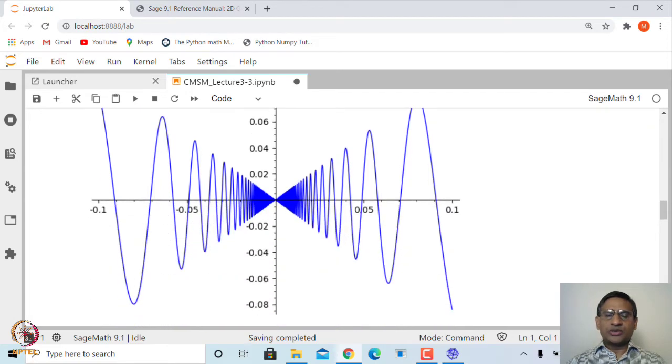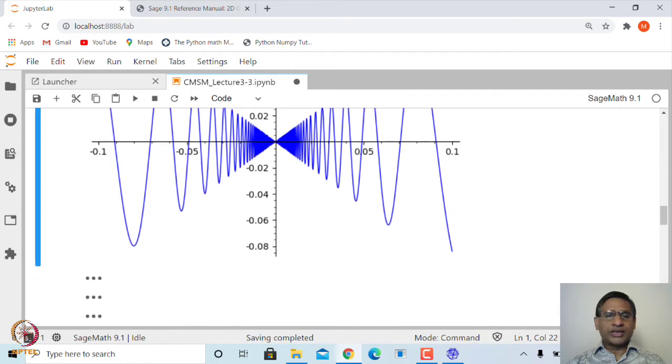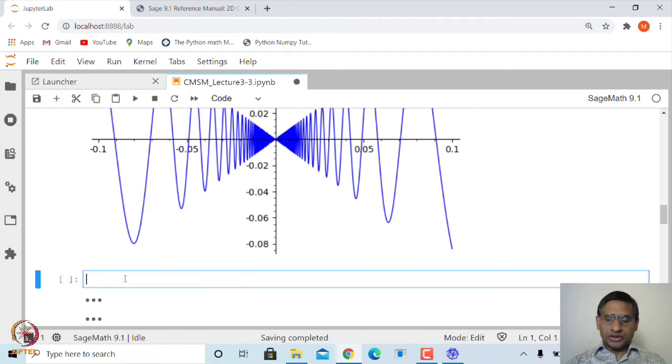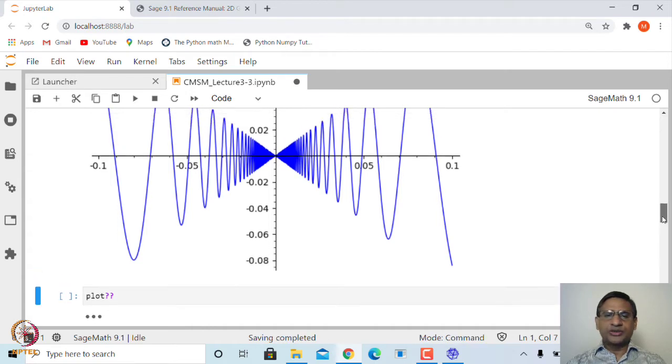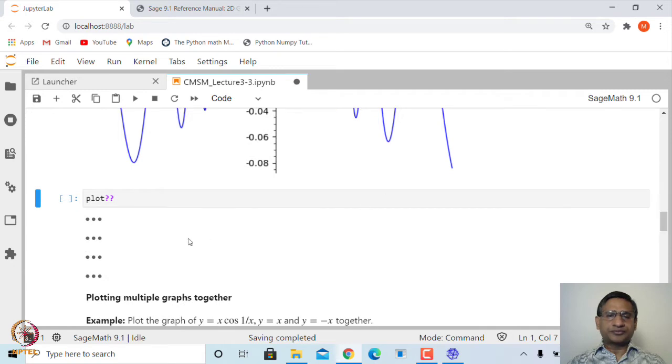Now, you can change the various options of this graph. For example, you can change the color, you can change the plot style, you can change the thickness, you can make grid lines, all such options also exist. So, you can, for example, look at help on plot. If you say plot and then a question mark, then it will open an inbuilt help manual, or you can say double question mark. So, you can go through the help document on plot, which will also tell you what other options you can use along with plot.